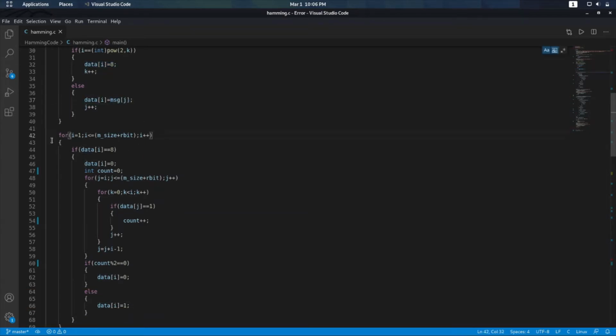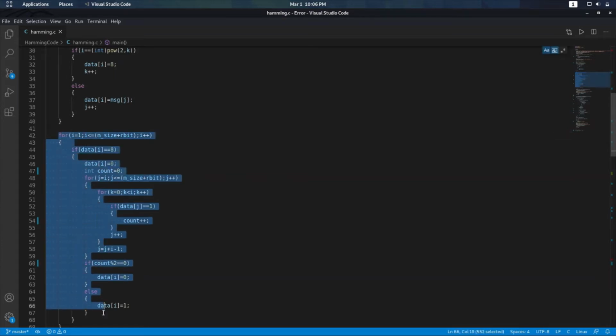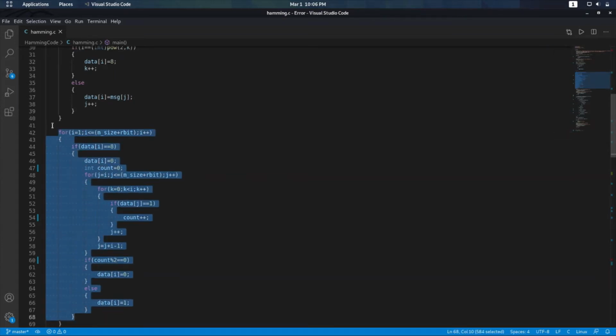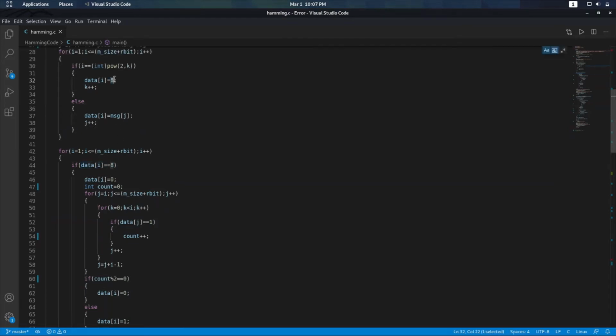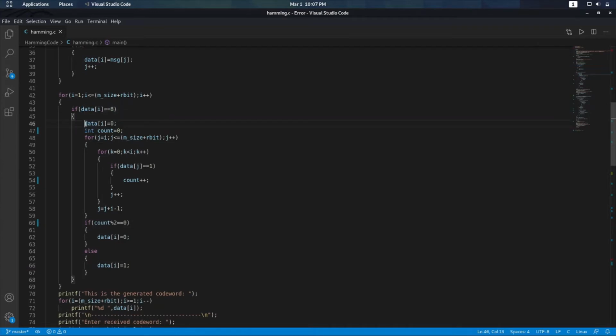So in the next for loop, we run a for loop on all the elements of the data array. Once you encounter a redundant bit position, which can be identified by its value equal to 8, as we have set it there, we make it 0 and initialize a count.